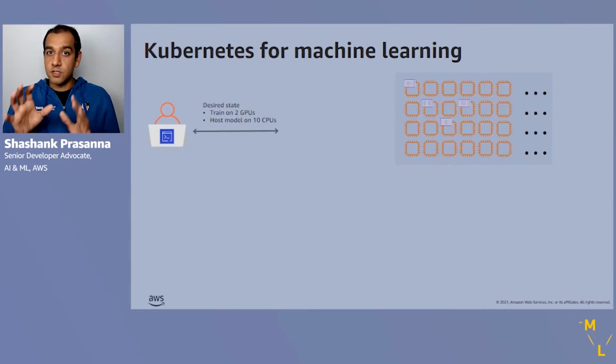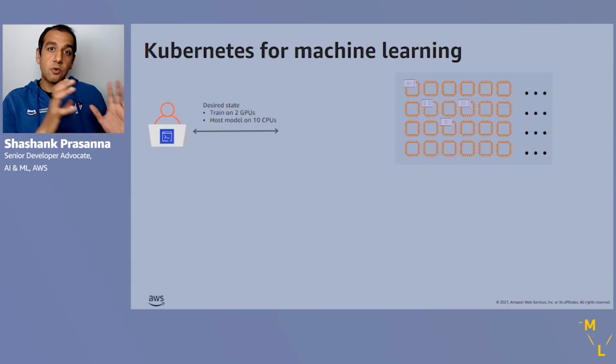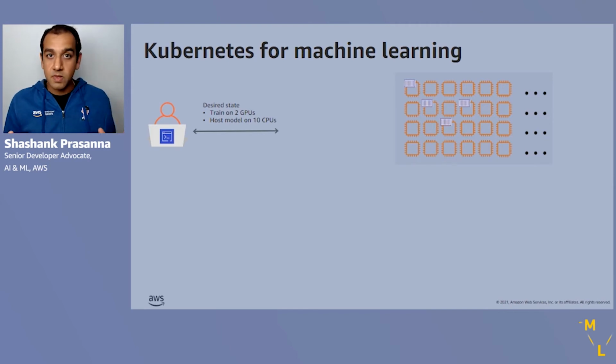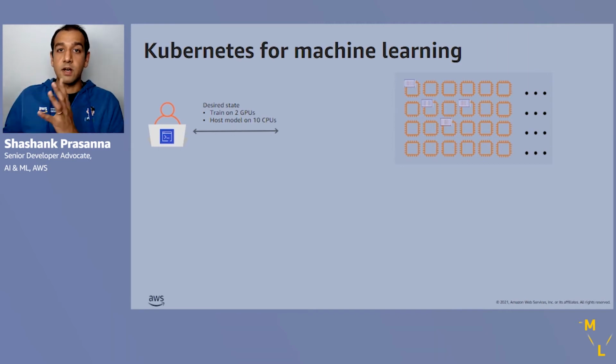One such solution is Kubernetes. I showed you Kubernetes and ECS. They are both services that have similar objectives. And one such open source software is Kubernetes. And here's how Kubernetes works. So you as a developer, data scientist, want to be able to scale your training or host models on a cluster like this. So you're on the left here and you have this compute cluster on the right.